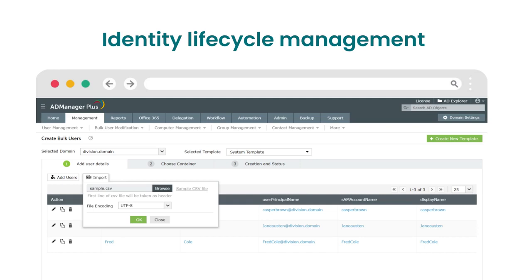You can actually create multiple Active Directory users in one go by importing a CSV file that contains the required user details, which you cannot do in native Active Directory tools without using PowerShell scripts. ADManager Plus lets you create AD users in bulk without using PowerShell scripts.